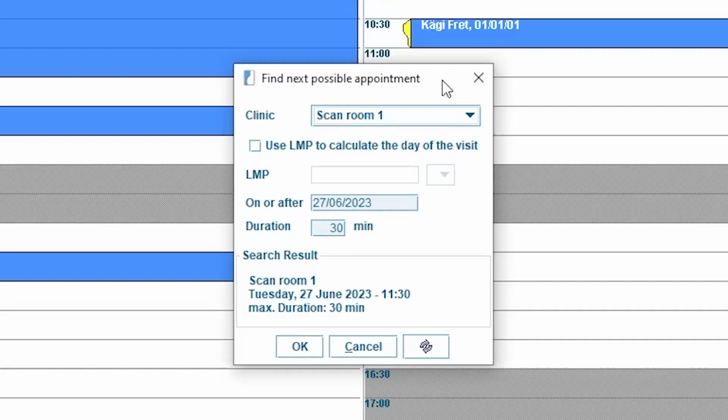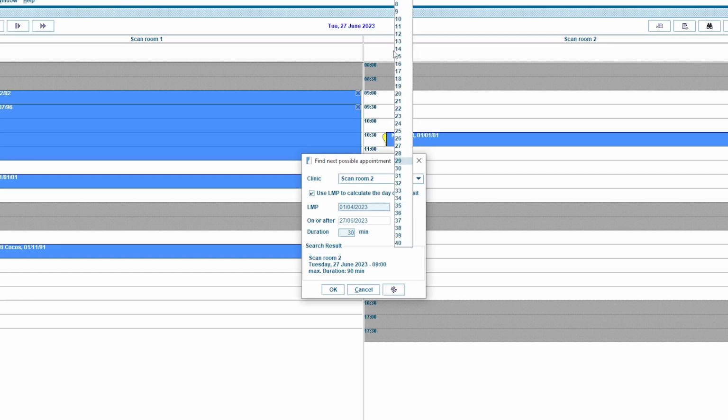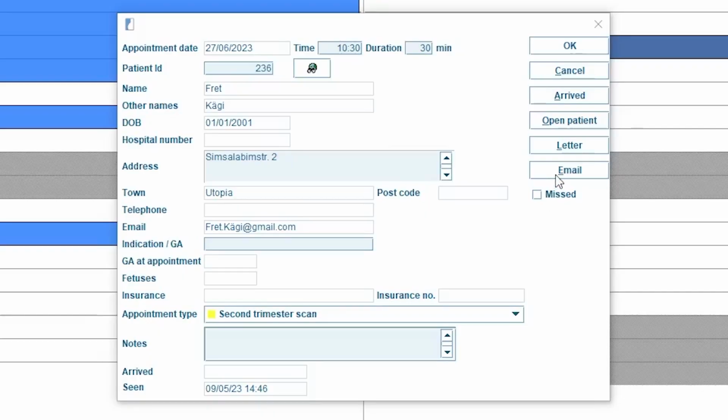Here you can set the various conditions for the query, such as the location, earliest possible date, and duration. In addition, entering the last menstrual period makes it possible to search for the next free appointment at a certain gestational week. Once you have created an appointment, you have the option to send an appointment invitation per email, which